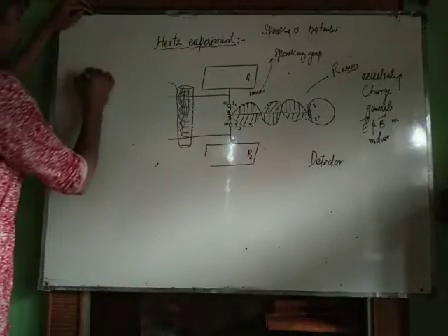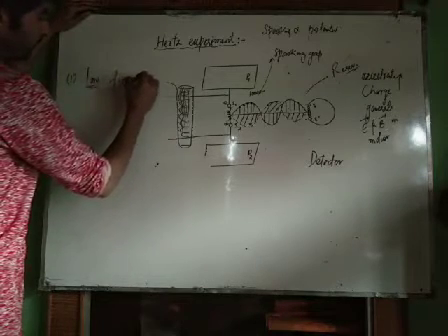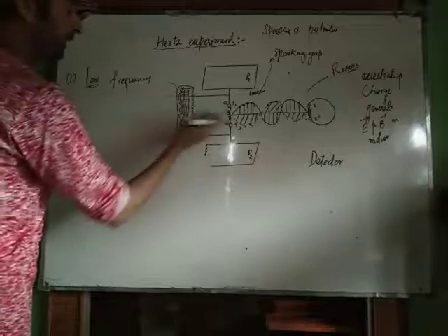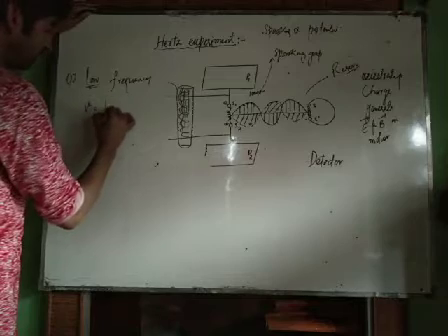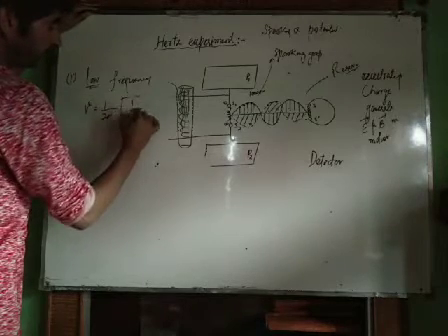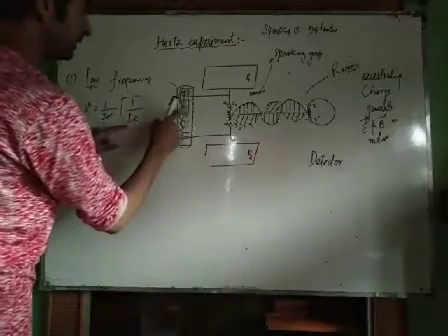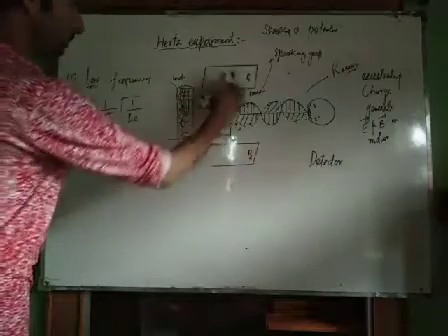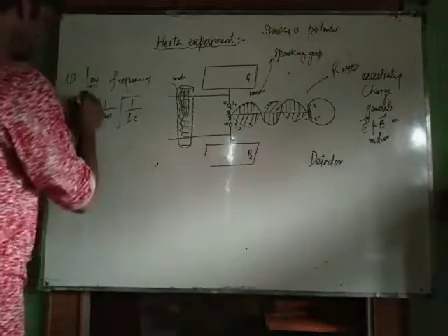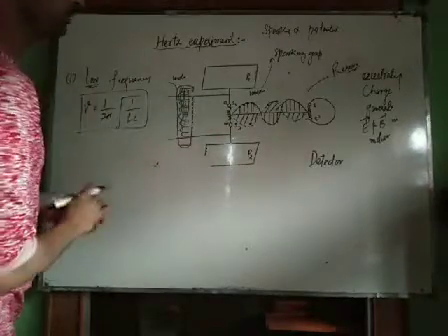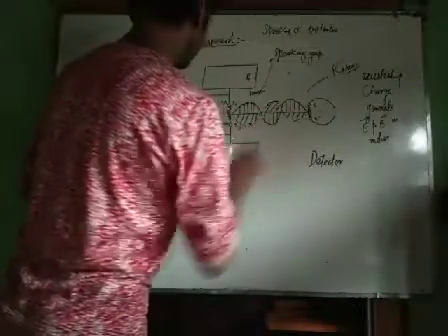In his experiment he dealt with low frequency. According to Hertz, he obtained the equation for this, that frequency is equal to 1 by 2 pi under root of 1 divided by LC, where C is the capacitance of these conductors and L is the inductance of this inductor. If you know the capacitance of these conductors and the inductance of this inductor, you can determine the frequency of the wave, the frequency of the wave that is oscillating between this transmitter and detector.